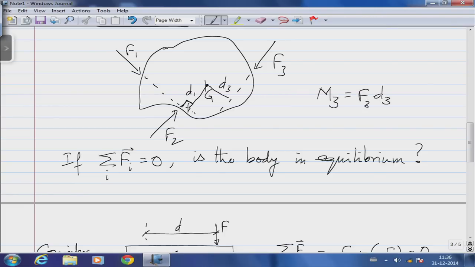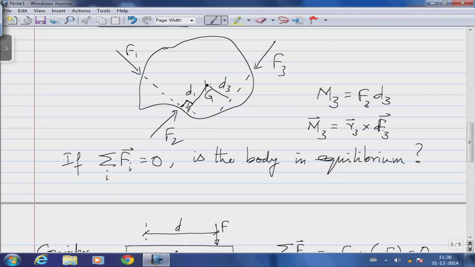This is in a planar sense. If the forces are all coplanar, then the moment due to a force F about a point G is simply the product of F3, the magnitude, and the perpendicular distance between the point of interest and the line of action of that force. In a more generalized sense, I can define this as a vector, R3 cross F3,